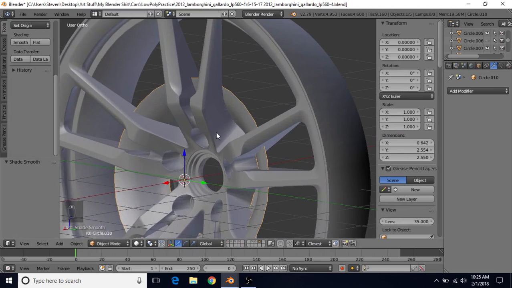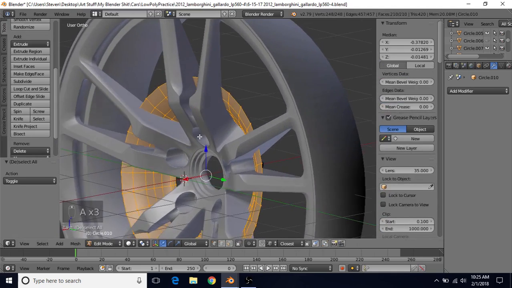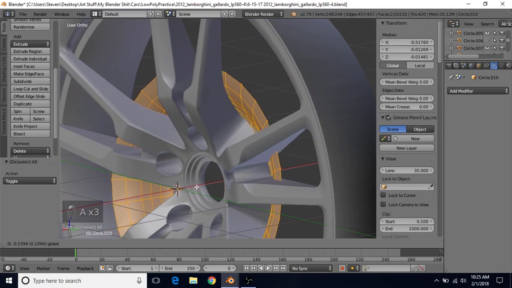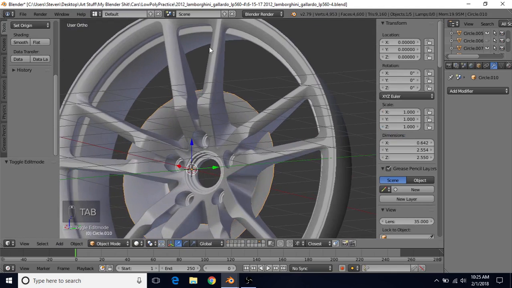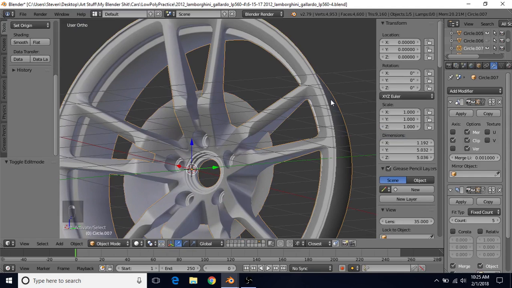Now we have this. If you want to, you can do A twice and you can adjust the positioning of this to wherever you feel is appropriate. Now we're going to select the rim in object mode, select the rim,